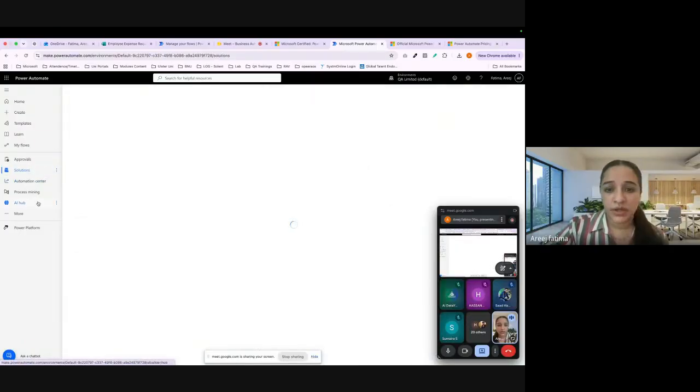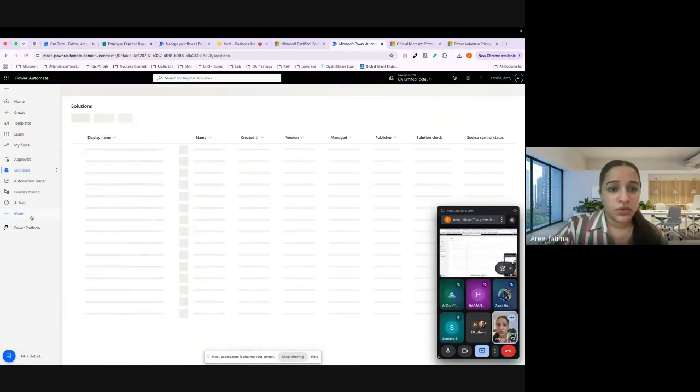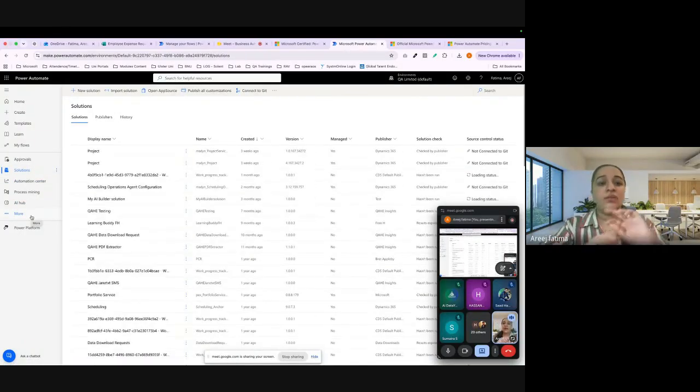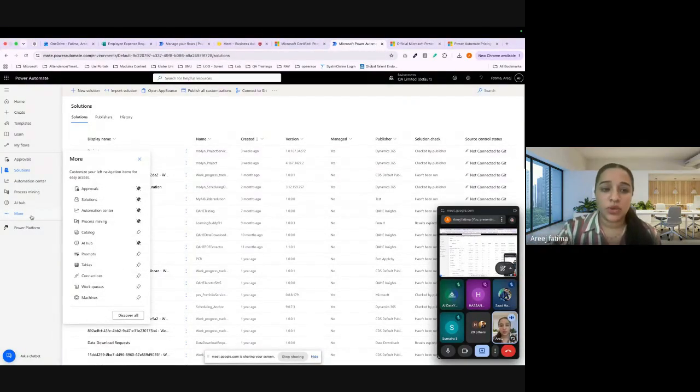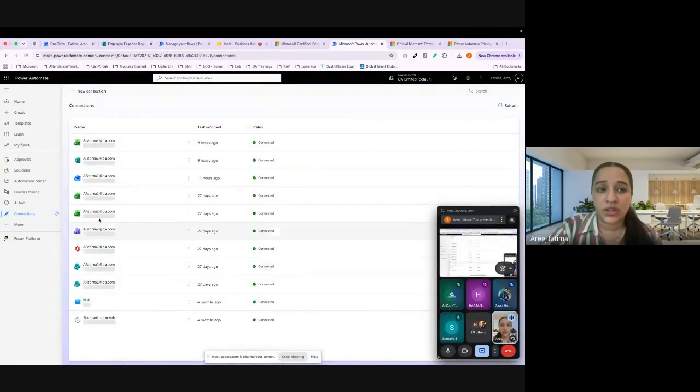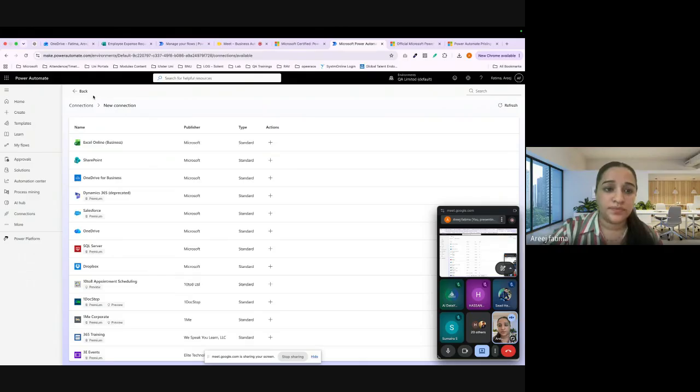And then we have multiple types of solutions. So inside Power Automate, we have a lot of things that we can explore. This one is one of the cloud structures that we can use. We are even able to create multiple tables, multiple connections. If you need to create any type of connection on your own, like any dynamic connection, then you can create those dynamic connections from here as well.